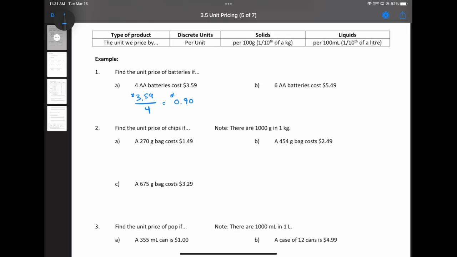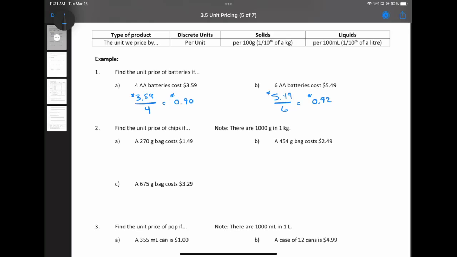Now, if we do this for the 6 AA's, that would be 549 divided by 6. 5.49 divided by 6 is 0.915. I'm going to actually round that off to 0.92. And as it turns out, the 6 pack of batteries, they're actually slightly more expensive per battery. So it's not a better deal. It's very close. It's like close enough that it doesn't really matter. But